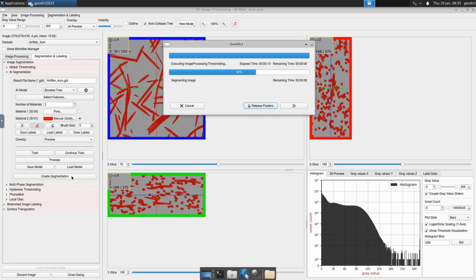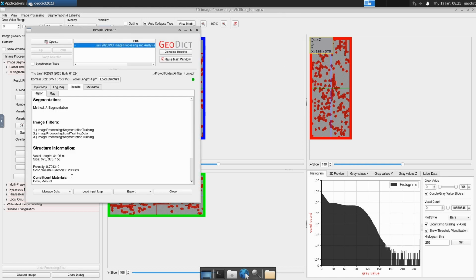This takes some time. The computers on which we're working here don't have graphics cards, so everything is running on the CPU, and this takes longer than it would take on a graphics card. So if you have one in your PC, this should just take several seconds.